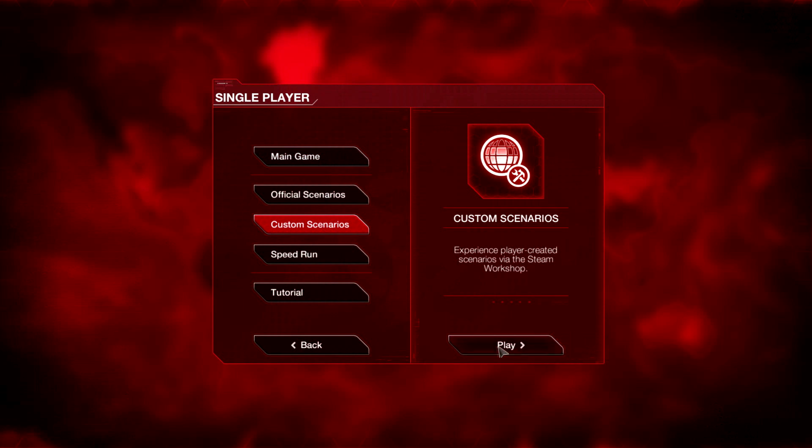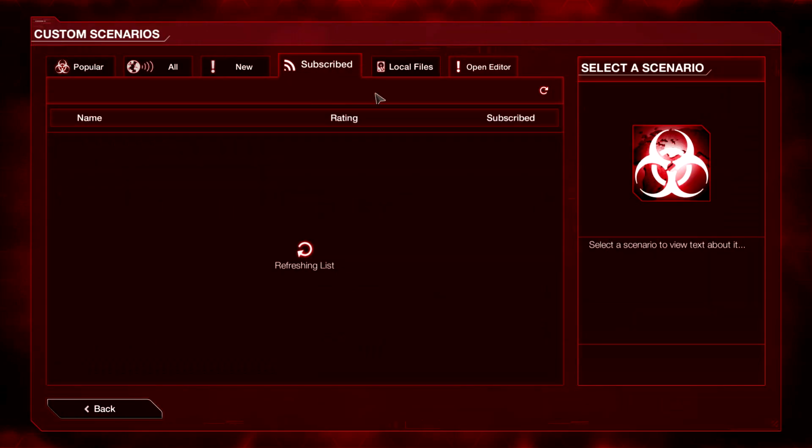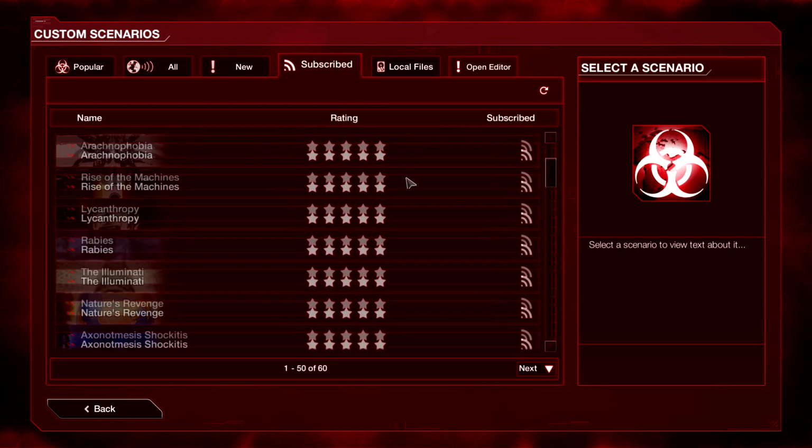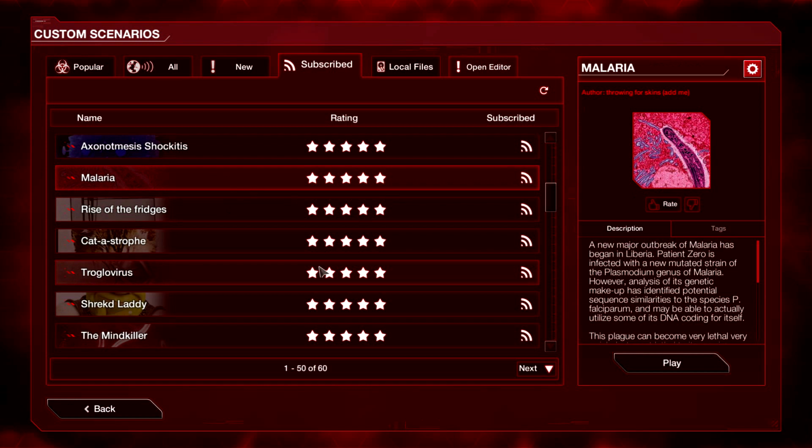Evolved Custom Scenarios. We did Rise of the Fridges last time, which was whimsical and fun. Yeah, it's not too bad. Not too bad, considering what it was. It was better than I thought it would be, let's say that. But now we're moving on to malaria, which is a very, very real disease that is still plaguing a lot